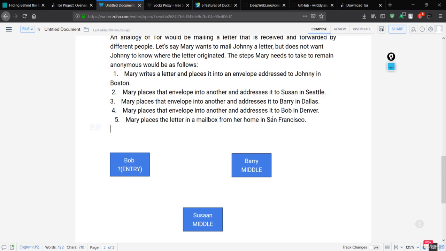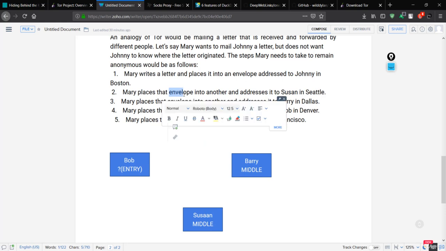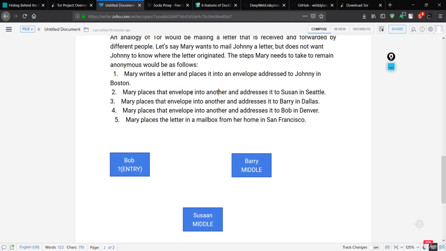You can see that each envelope represents a layer of encryption. Using the rule that each person in this analogy can only unwrap the first envelope, just remember that he can only unwrap the first envelope that is sent. So the contents remain hidden, encrypted in the innermost envelope. That means the envelopes, which are the layers of encryption, hide the letter, which stays encrypted in the innermost envelope. So that is your encryption.